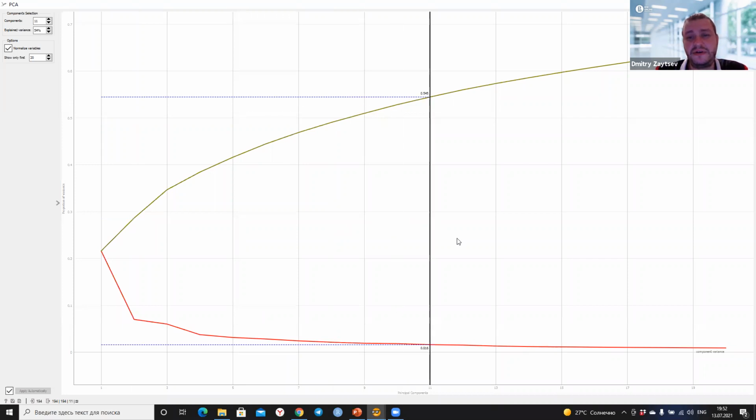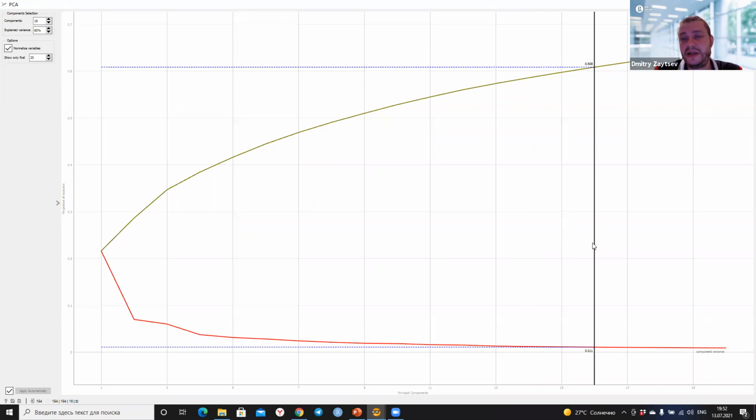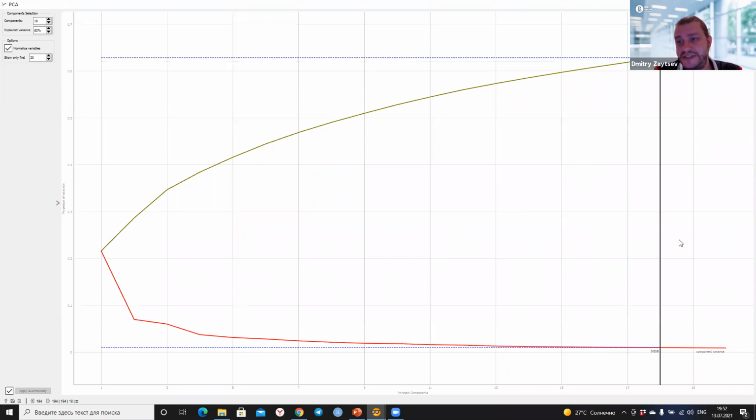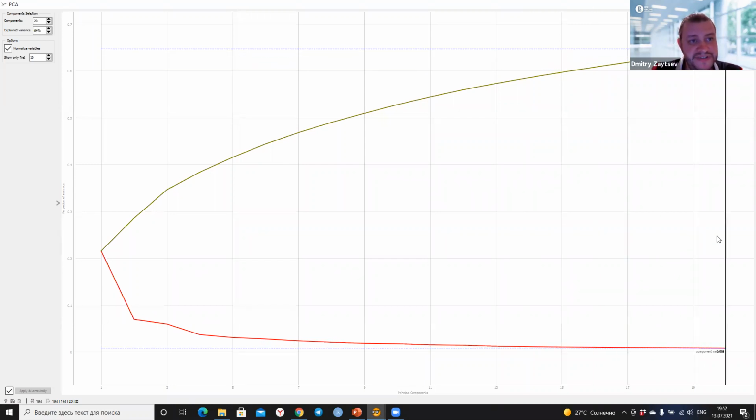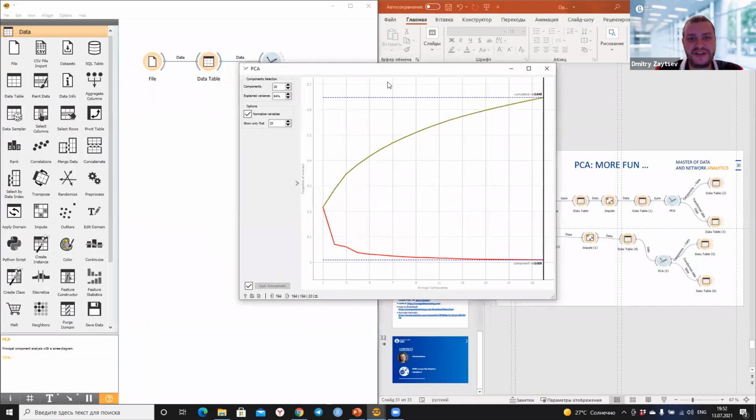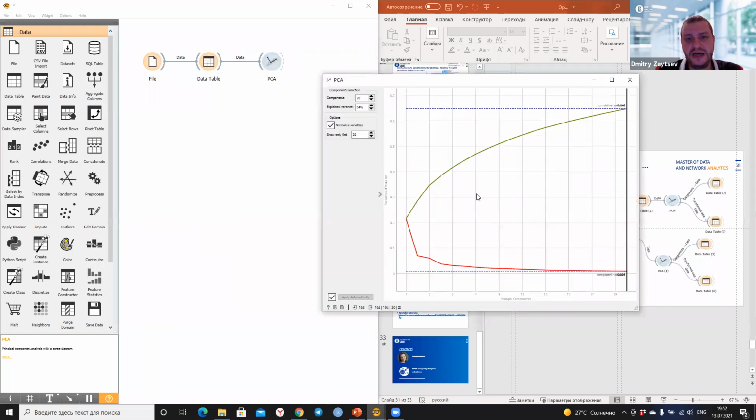There are several rules for how to cut here and how many components you have to choose for your further analysis. One of these rules is you have to take as many components as together explain no less than 80%. You see that here, even 20% is explained only by 64 components. Actually, it's not a very good model, and we know it from the cluster analysis that it is not very good